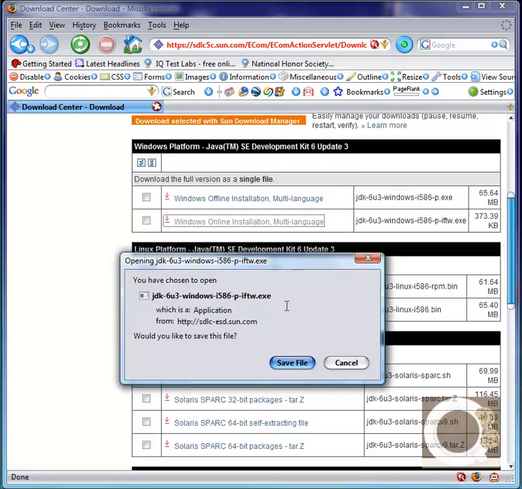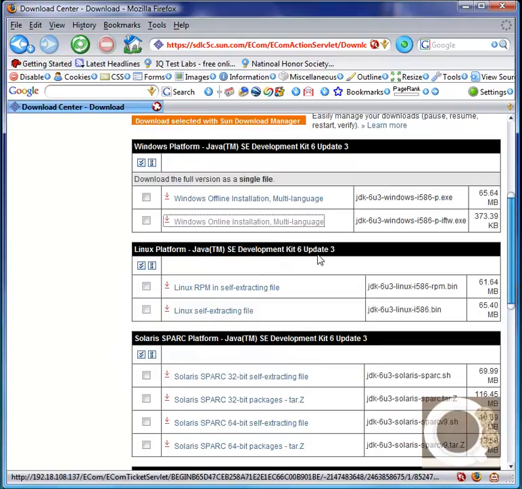So it's going to install two things when you run this installer, and just pause the video for now, go ahead and install that, and then come back when you're finished. So I'm going to go ahead and click cancel, and I'm assuming now that you have the JDK 6 installed fully. So our next destination is